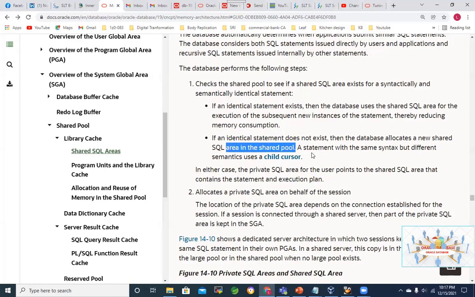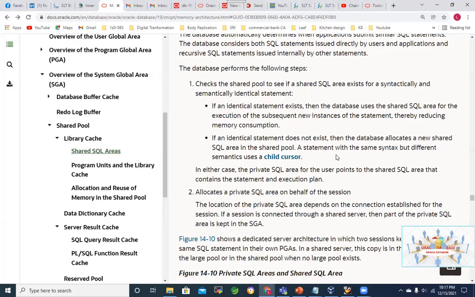So this is something to notice. If the statements are identical, you can use a common shared SQL area, but if the statements are not identical, the database allocates a new shared SQL area in the shared pool. A statement with the same syntax but different semantics: the syntax is the same, but the semantics differ, for example the column name or object name can be changed.